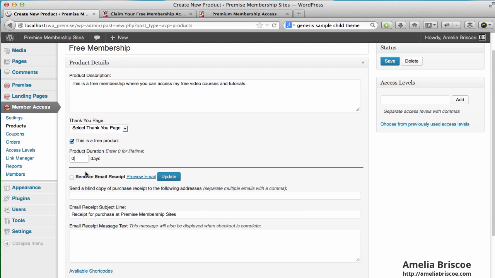So when people register their details, they enter in an email address, and we're going to send them an email to let them know some details about their registration and how to access everything. So we can click send an email receipt. We can choose to send a blind copy to someone, okay, but we're going to leave that blank. You can put in a custom subject line if you want to. It's just giving you a default one there, but you can remove that and change it and do whatever you